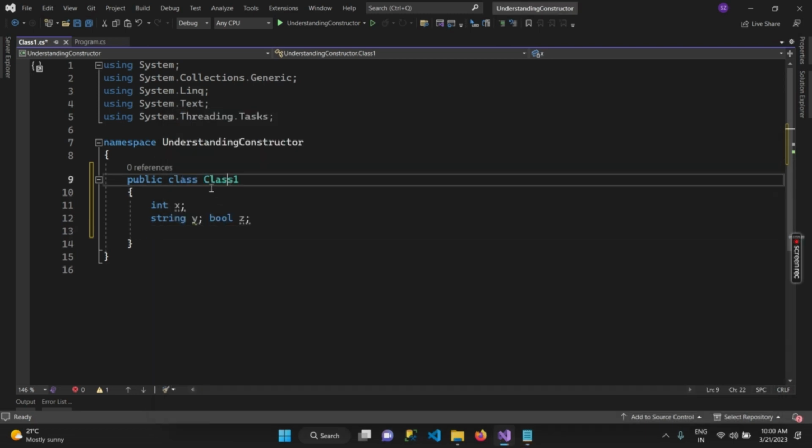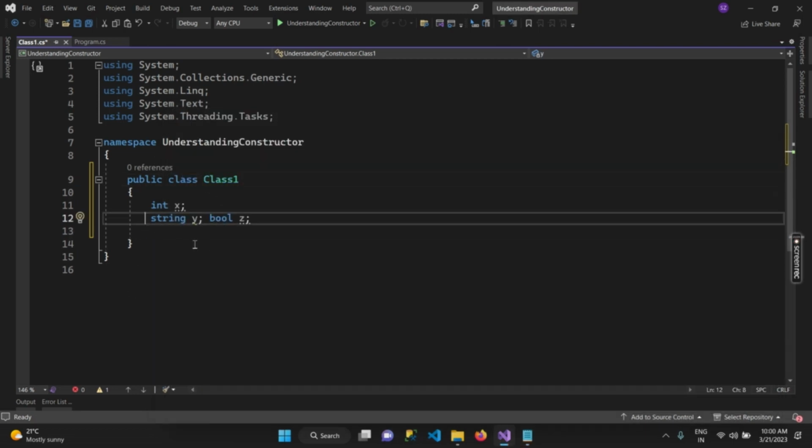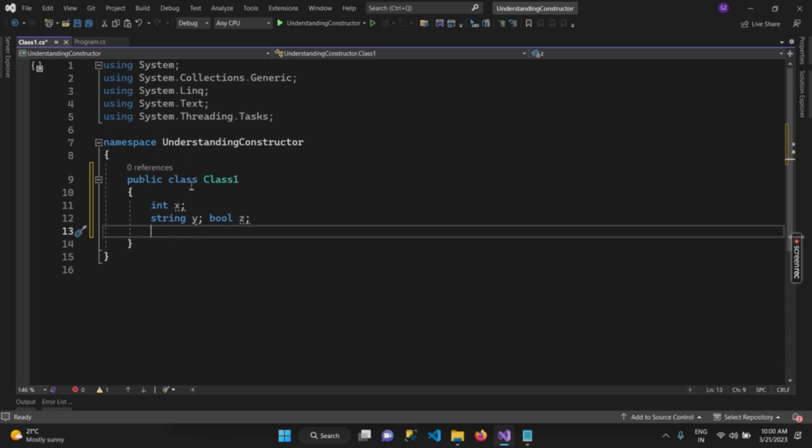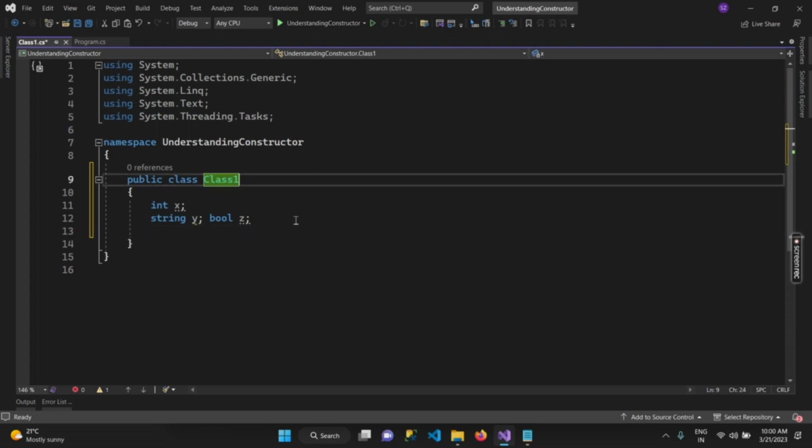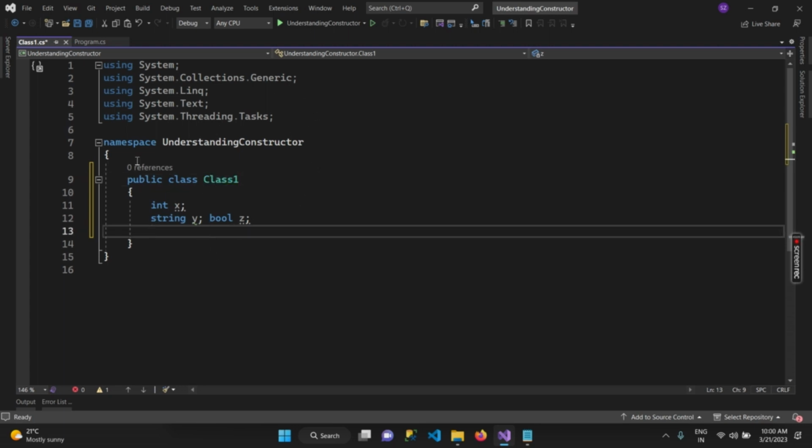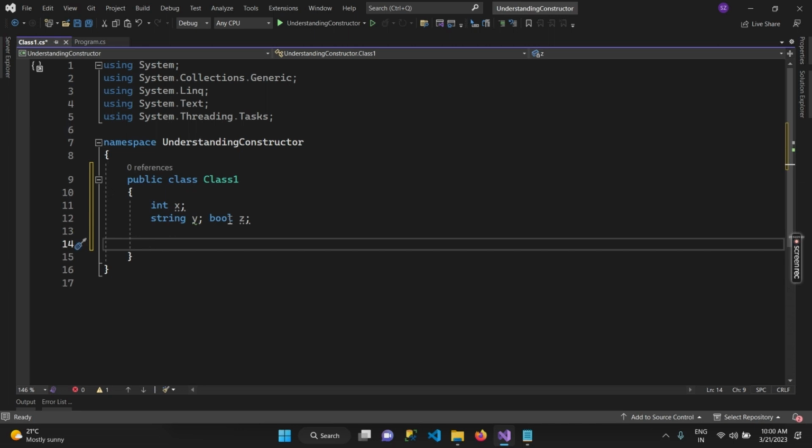We declared a class, and we have to declare a constructor for this class. But in case we did not declare one, the C# compiler implicitly declares the constructor for you. To check this, I am going to declare a method, public void display